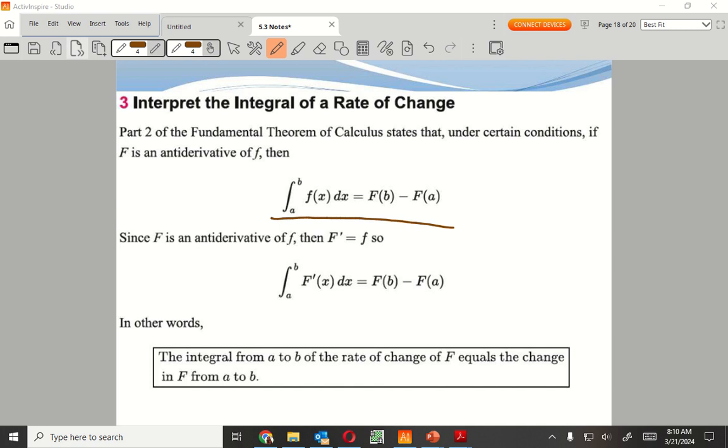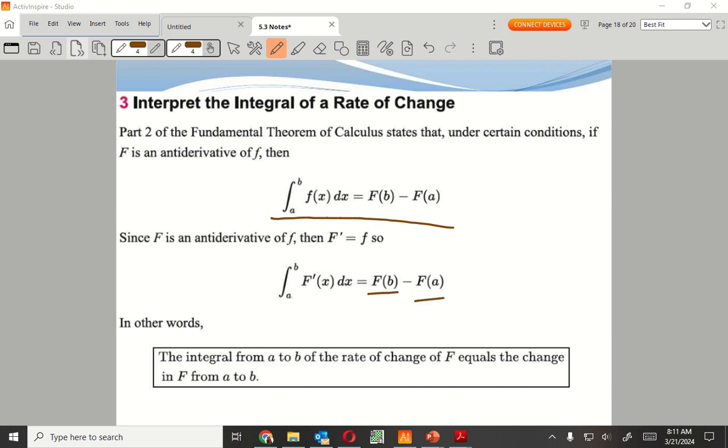Since F is an antiderivative of f, capital F prime means I'm taking the derivative of the integral, which is just going to give me f. The capital F with a little tick mark means I'm going to have the derivative, so I'm taking the antiderivative of the derivative, which is just going to give me